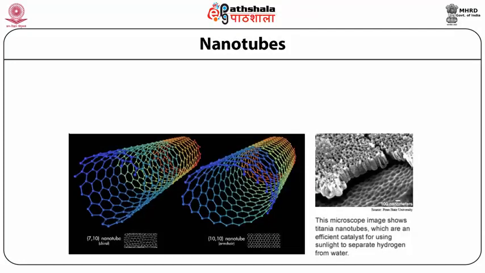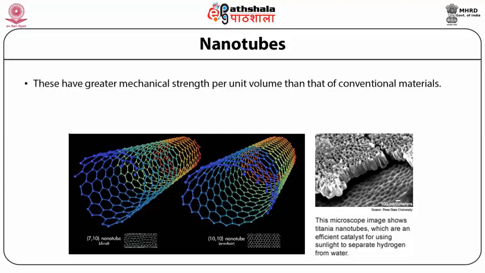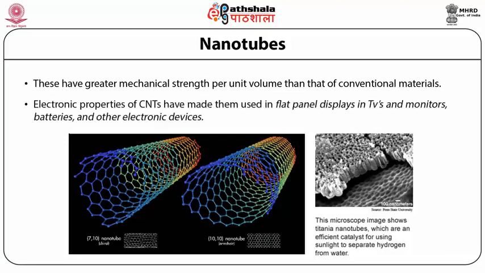Nanotubes. Nanotubes are one of the most commonly used products that have been given by nanotechnology. Nanotubes have greater mechanical strength per unit volume than conventional materials. The electronic properties of nanotubes have made them useful in flat panel displays in TVs and monitors, batteries, and other